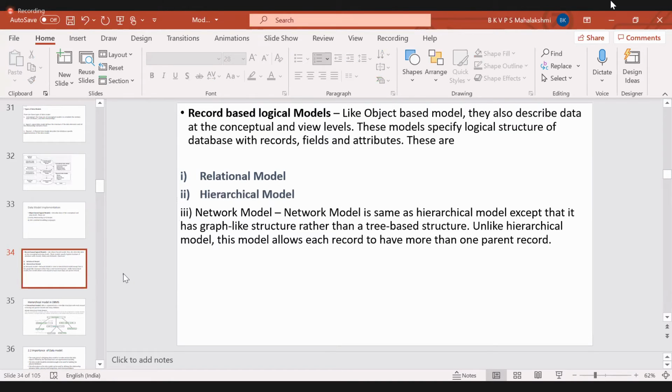Now you might get a doubt: Ma'am, we are already drawing ER diagrams, so why learn about this network model and hierarchical model? Actually, this is the theoretical part. Okay, starting now, after we complete the designing, then we will go with the object model. Okay, these are the basic things. Relational model means we just put the data in tabular format. Okay, that's it. We will not do more than that.